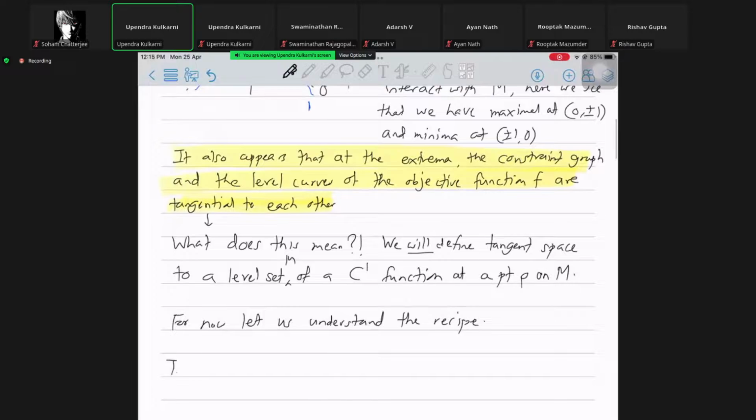So, terminology, let's get this out of the way. Let us say, let U be open in R^n, for